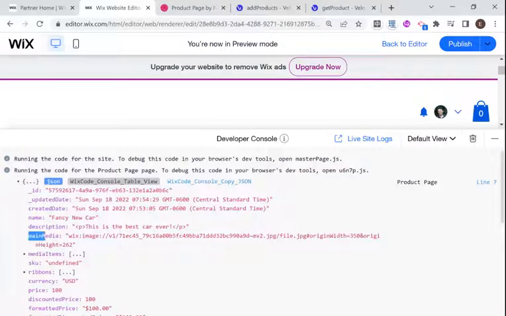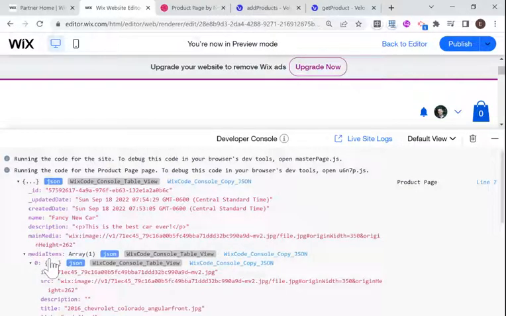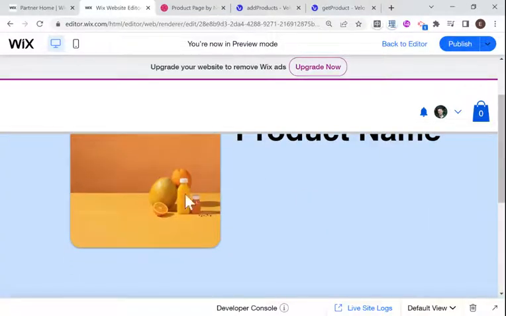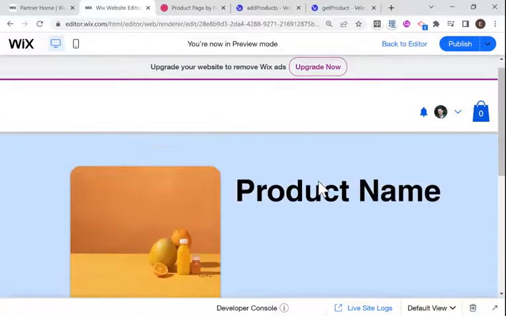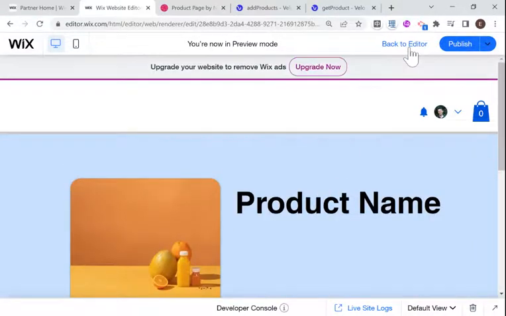That's, I think, main media over here. And we also have other media items. So if you add multiple images for your product, then you'll have them in the other media items. So basically, we need name and main media in order to populate what we currently built for our custom product page. So I'm going to go back to the editor,